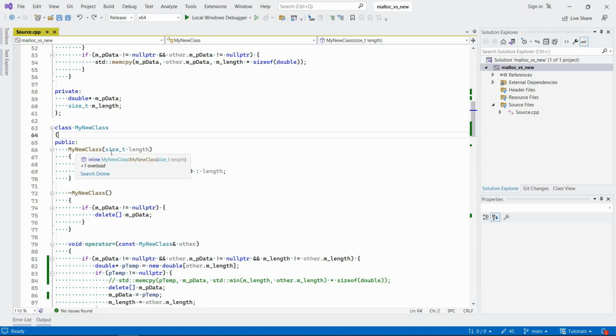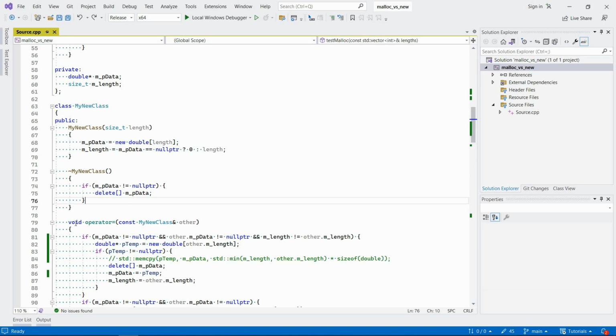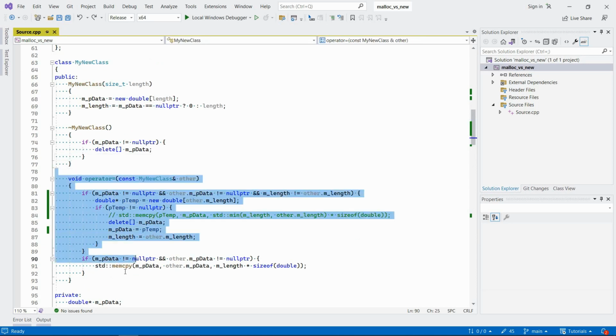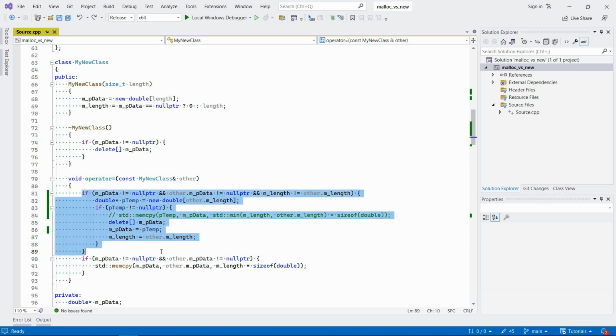So we have my new class, which reserves the appropriate amount of memory, and if it's successful, then it assigns the specified length to the member variable called mLength. Here we have the overloaded operator, which does pretty much the same thing, but it's not really possible to